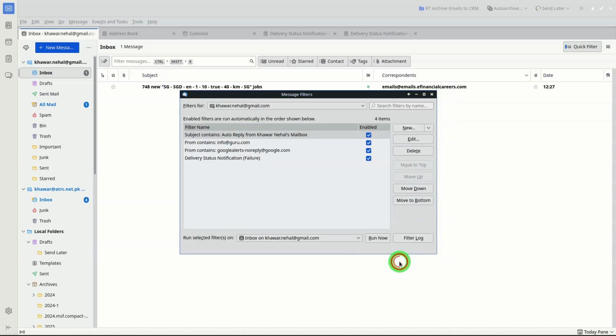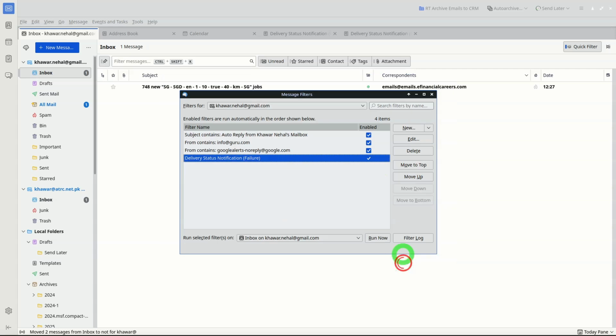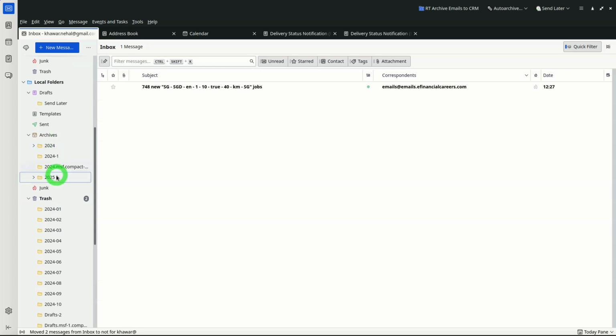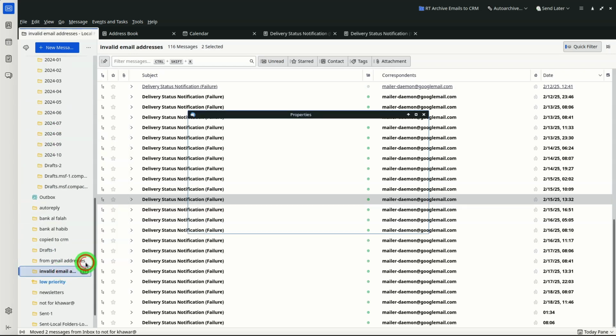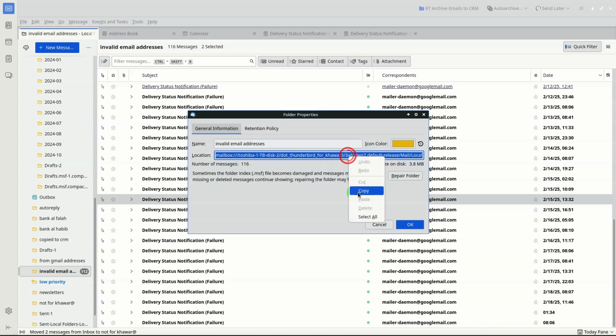So that's one of the steps. You make a filter. So this is my filter, and it says move all messages with this subject into this invalid folder. Then to get the folder location, this is the invalid email folder. Now if I go into properties, you will notice that the location of the folder is in mailbox in this directory, and what you can do is copy that,